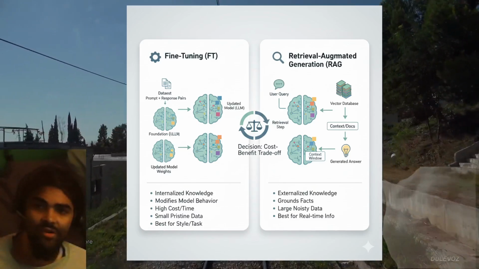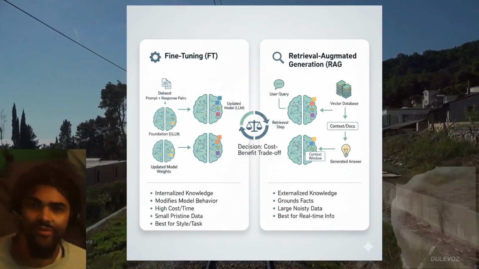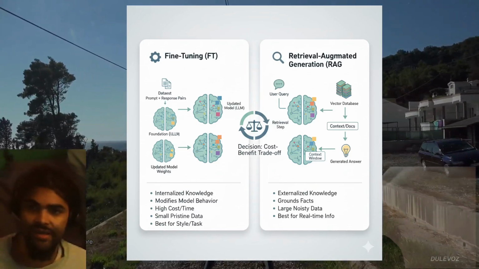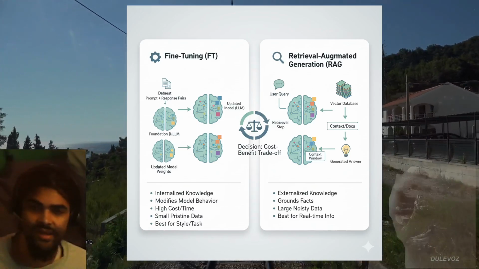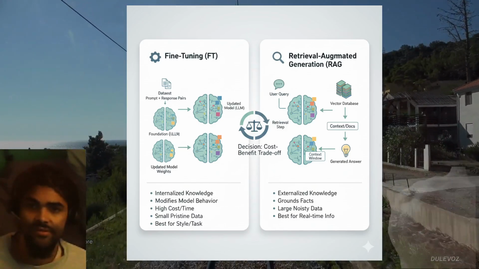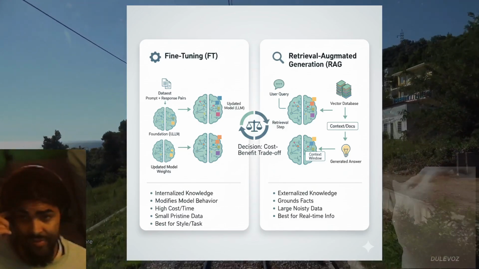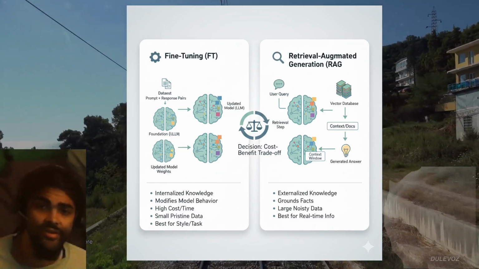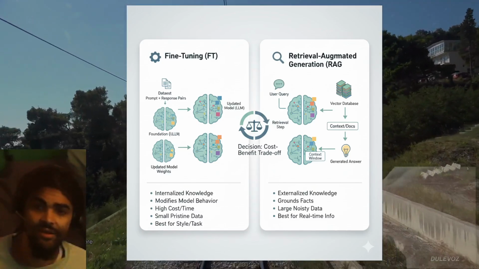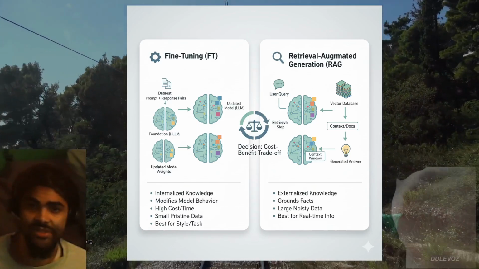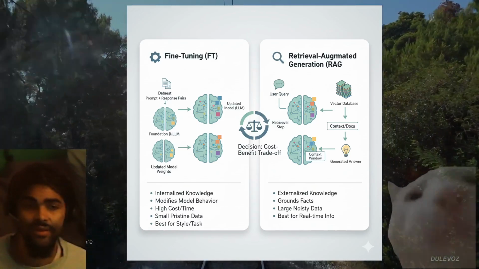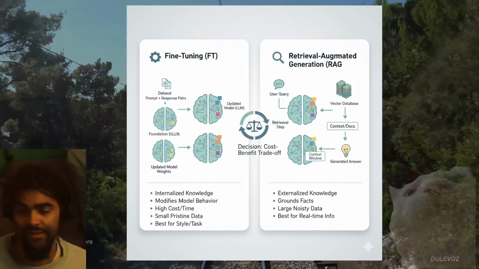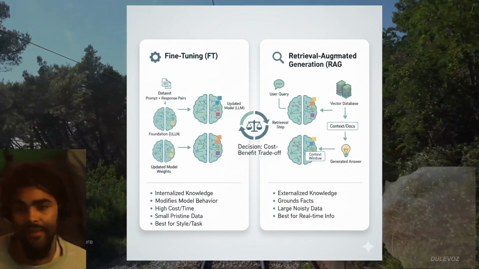Fine-tuning requires small, high-quality data for training, whereas RAG can tolerate large, noisy, and up-to-date documents. Typically, fine-tuning is best for rigid format adherence, whereas RAG is best for real-time facts and large knowledge databases with frequently changing data. To give you an example of a time I had to choose one over another, I was